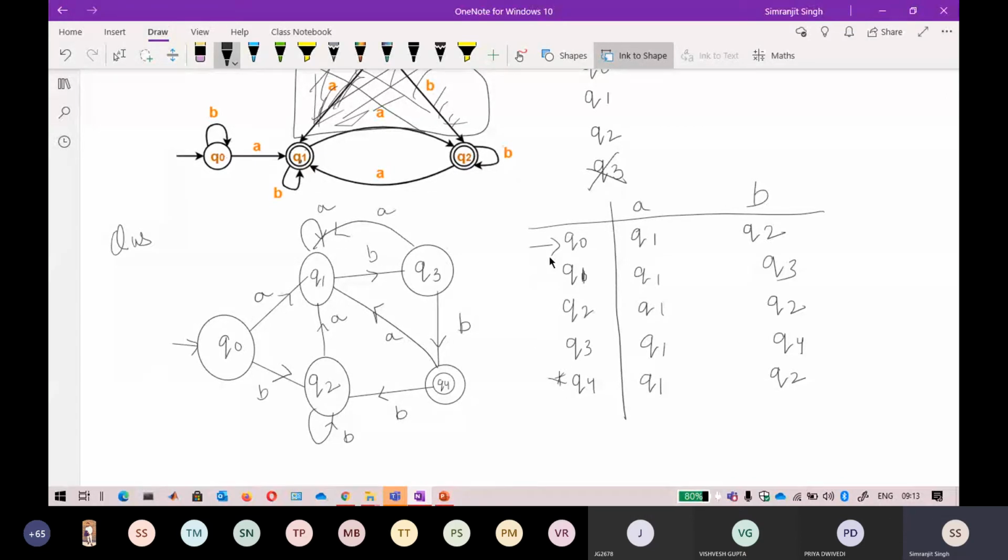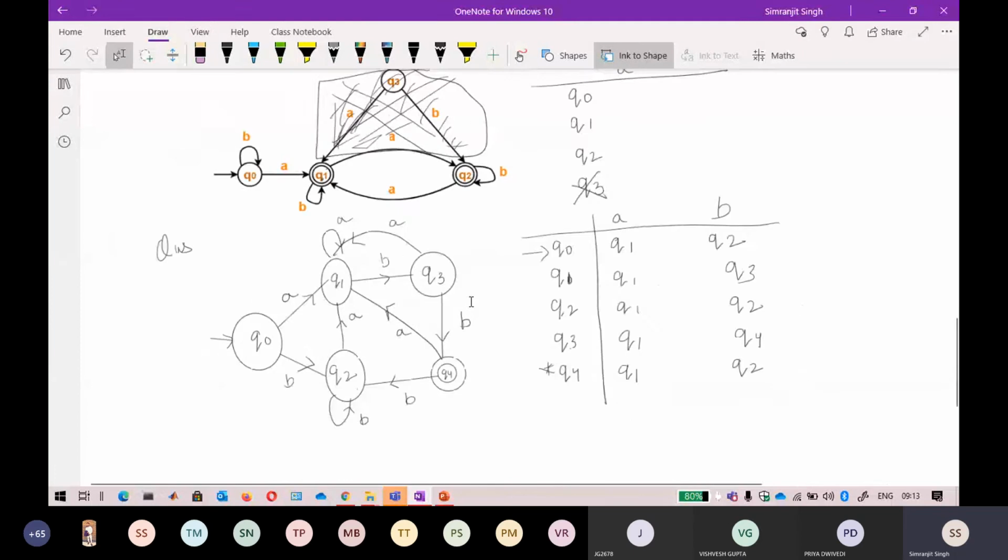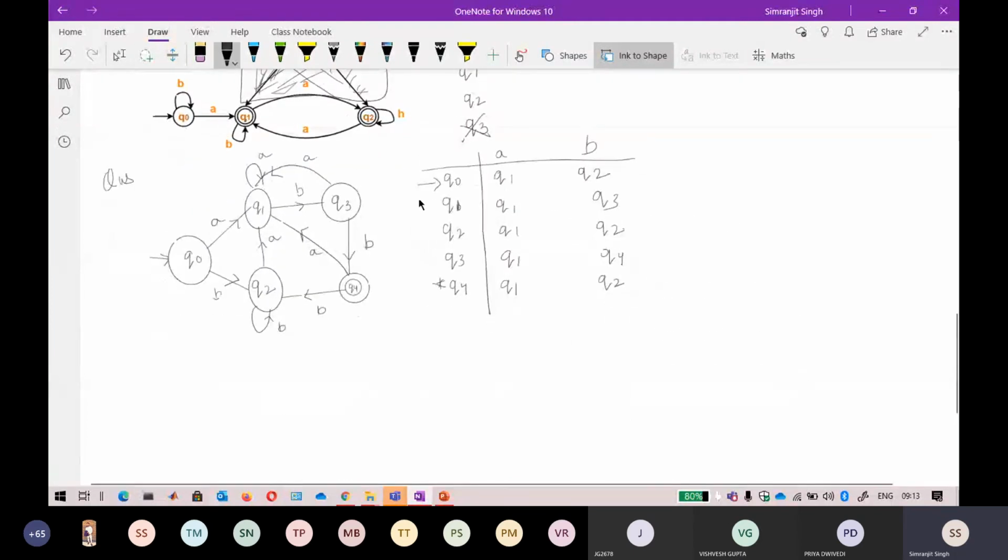Okay, so go with the first step. In the first step we have checked that all the states are reachable, so there is no need for deletion of any state. The second step is to go for the zeroth equivalent state. In this zero equivalent state we do nothing, we just divide final and non-final states. So this is your first step.